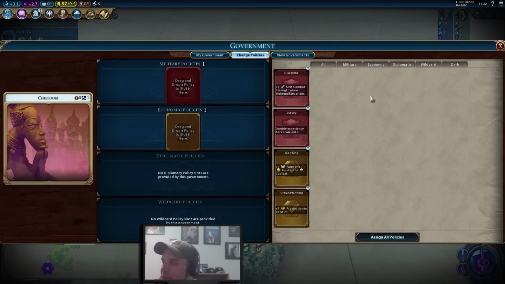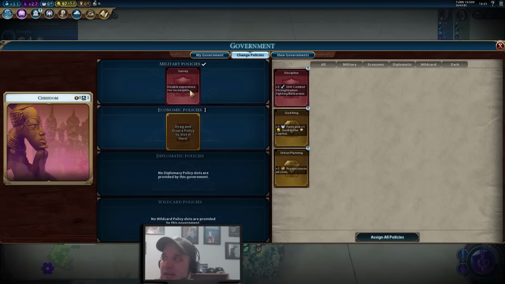We got Code of Laws here, so that's good. Now, if you're a beginner player, or you're not really comfortable with defending with very little amounts of units, I would always suggest taking Discipline as the first policy card here, just to give yourself that little bit of an edge against the barbarians. However, I generally, more and more these days, unless I'm overwhelmed by barbarians, usually take Survey first, because I like to be able to try and get my Scout a quick promotion, and then switch out of Survey into Discipline after that. But that's only because I feel a lot more comfortable handling whatever the barbarians are going to be able to throw at me. Now, as far as the economic policies go,